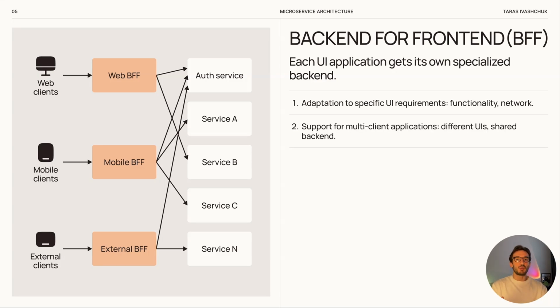By the way, this approach is very useful for multi-client web apps or products. For example, when a company has one common backend, but several UIs with specific differences. Instagram is a good example. It has a shared backend, but different UIs. BFF collects these differences and lets teams quickly deliver separate full UI solutions, while still using the same backend platform.